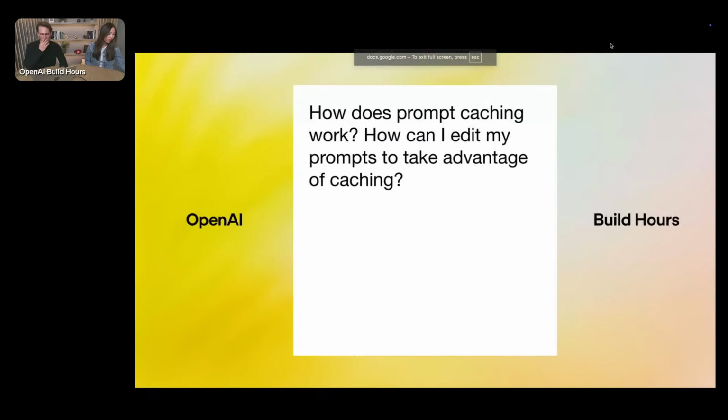Okay, cool. How does prompt caching work, and how can I edit my prompts to take advantage of prompt caching? So yeah, it's pretty straightforward. Basically, once you pass in all of your context, we construct an underlying representation in tokens, and then we send those to the model. And at the model level, there is a cache that will try to do a prefix match on the tokens you passed in